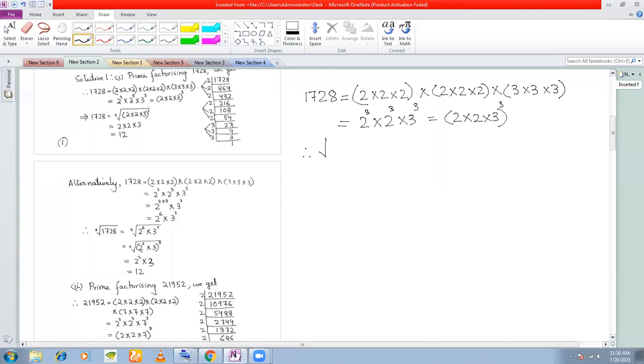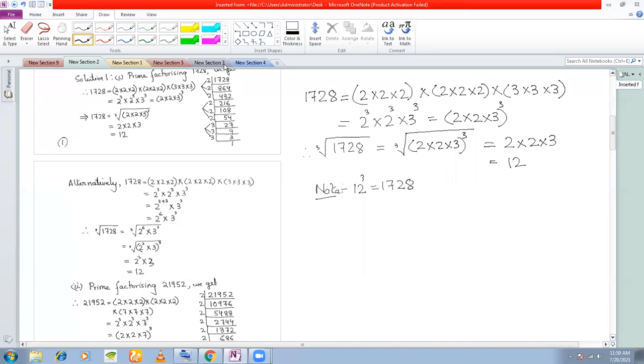So that the cube root of this was 2 into 2 into 3 whole cube. So that now you can remove the radical and find out the cube root to be 2 into 2 into 3, which is 12. Okay. I had also mentioned to you that if the cube root of 1728 is 12, then you can check that 12 cube must be equal to 1728. Okay, this is what I had told you.